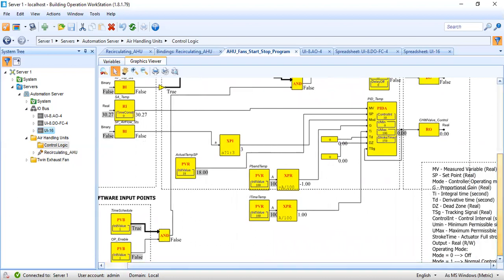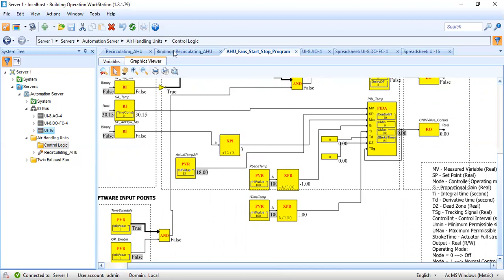Let me show you. Okay, I cannot show it anymore. Meaning if it is 3, then it will go to the minimum controller output, which is 0. Then our Umax is 100. So this controller will give a maximum value of 100 and a minimum value of 0. This is the control logic that controls the valve using the PID control.